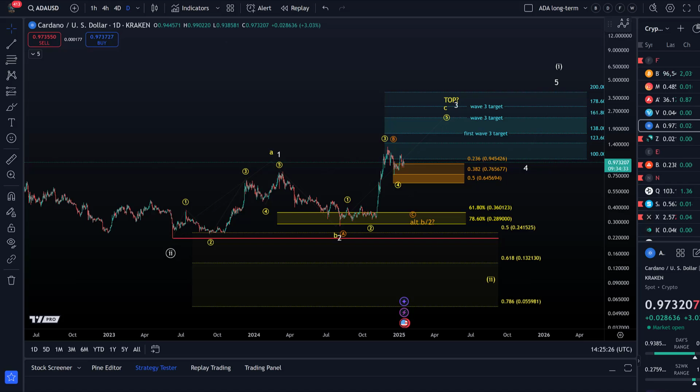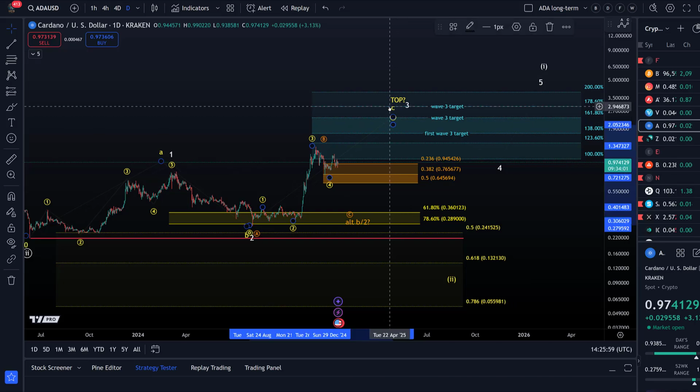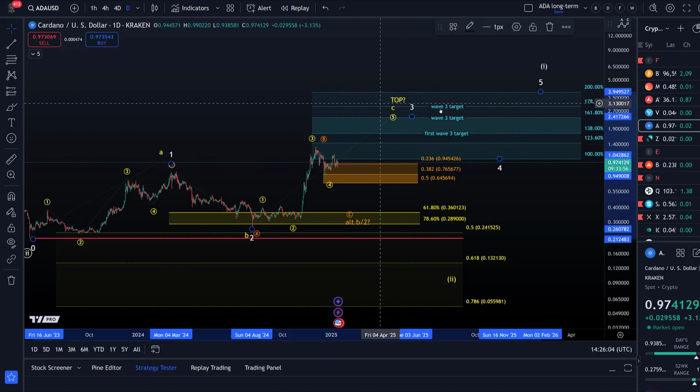Now here on the ADA chart, on the daily time frame, you can see that we are still holding above support. And as I mentioned in the last few videos, as long as we're holding above that 64-cent level, the yellow scenario seems to be leading. Yellow and white are both short-term bullish roadmaps. That means we're looking for higher prices, and they both don't really differ from each other until the next high is formed. So when the next high forms, which would be here yellow wave 5 of yellow wave C, okay, a C wave has 5 waves, 1, 2, 3, 4, 5, or it's white wave 3,